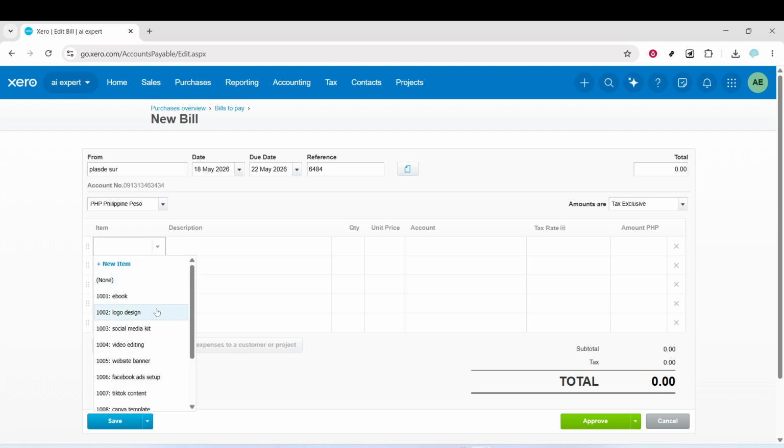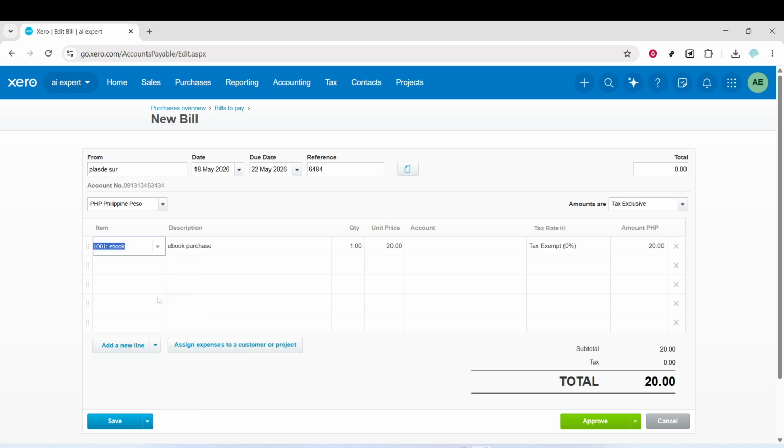If you use internal tracking, enter a reference to capture extra context, things like a project code, a department, or a purchase order number, so the bill is easy to find later. Choose the currency that matches the supplier's invoice. If your organization uses multiple currencies, Xero will handle conversions for reporting, but it's important that the bill currency is